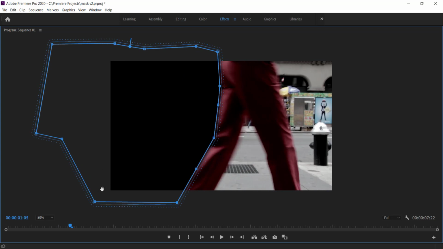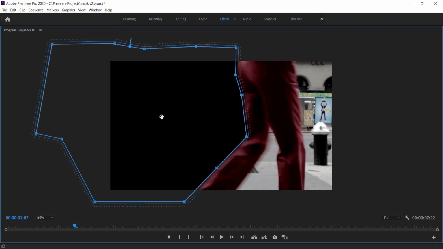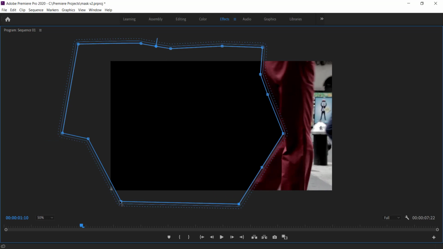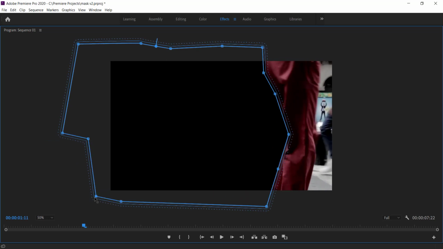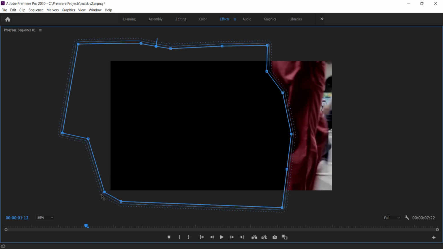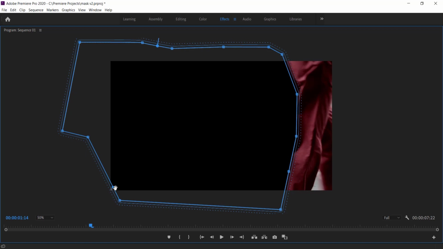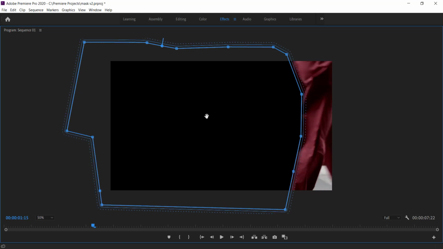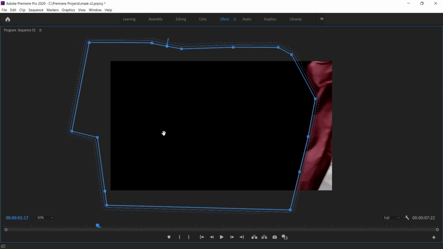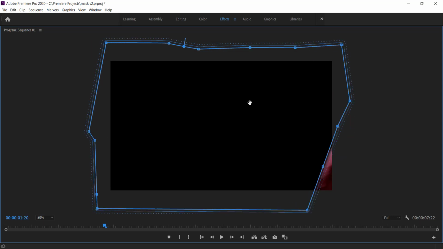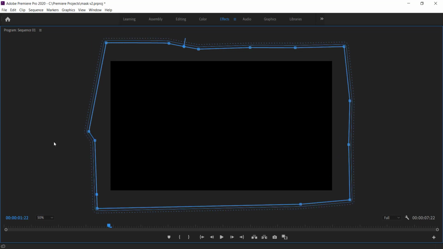Don't forget about the corners, because everything needs to be black. See, for example, there, I'll need to make sure that I change that, and I do that on every frame. So just be careful here, because those small things will stuff up the rest of the good animation that you're actually creating. And then once you're done, make sure that you have a whole black screen that is